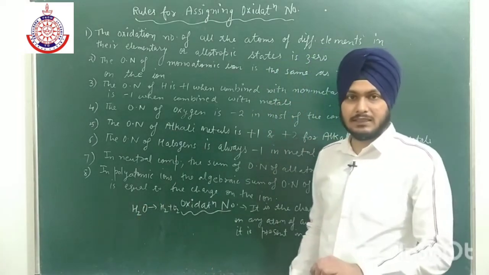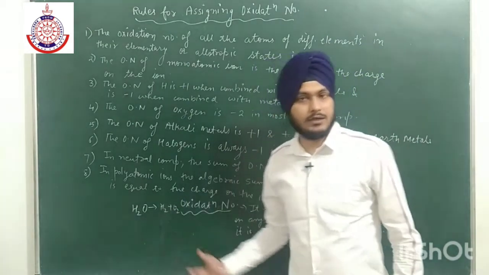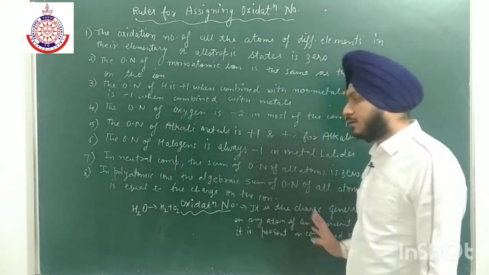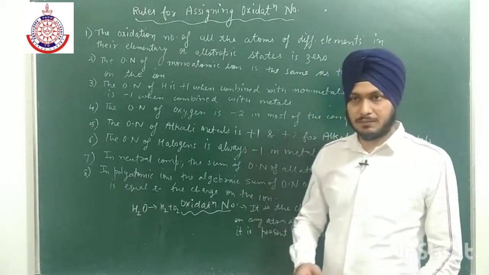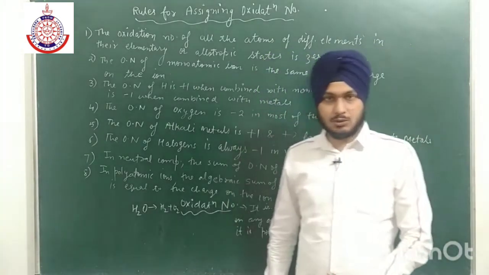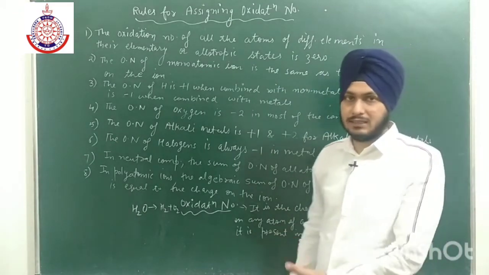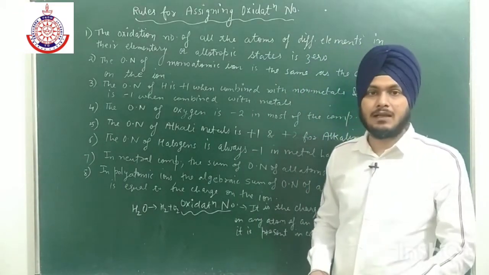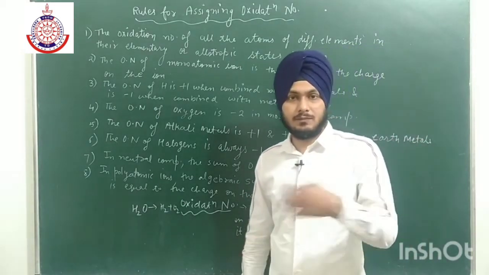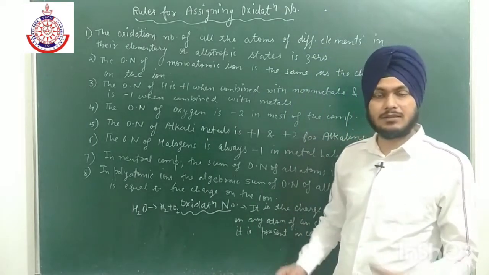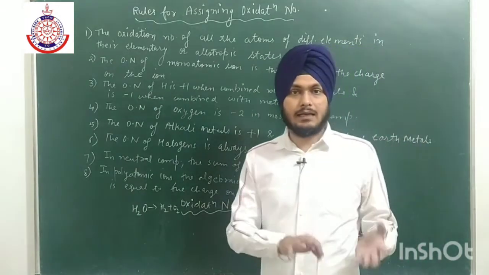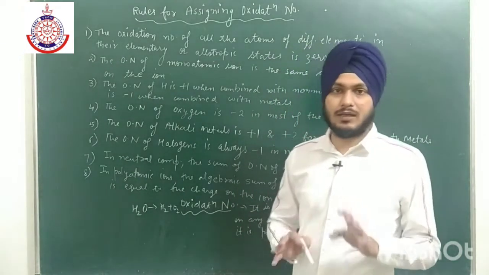If the oxidation number is increased, if we are going from left to right of the number line, then oxidation takes place, and if we are moving from right to left, or the oxidation number is decreased, then reduction takes place. For example, if the oxidation number changes from -3 to -2, then it is increased. -2 is greater than -3, so oxidation takes place. Now if the oxidation number changes from +5 to +4, then there is a decrease, which means reduction takes place. So decrement in oxidation number is known as reduction, and increment in oxidation number is known as oxidation.